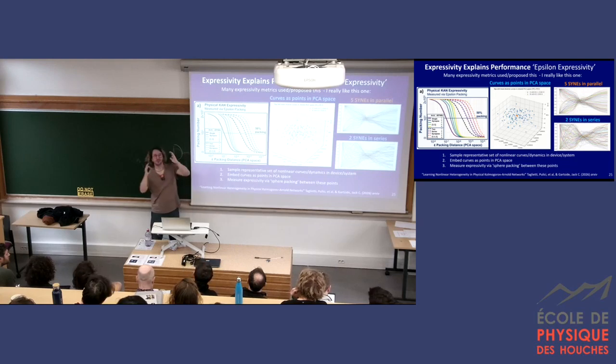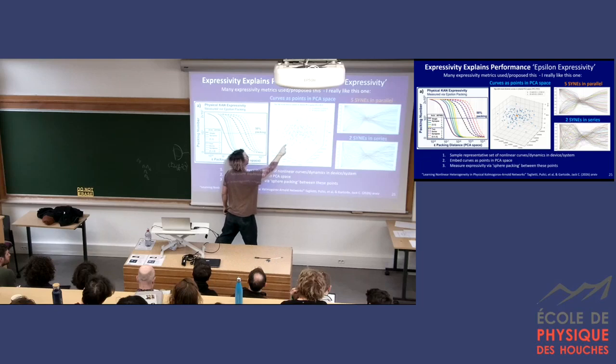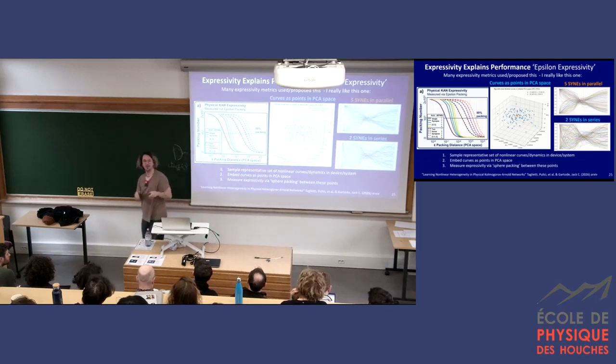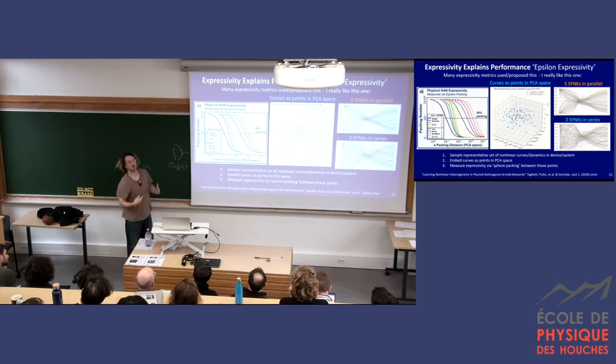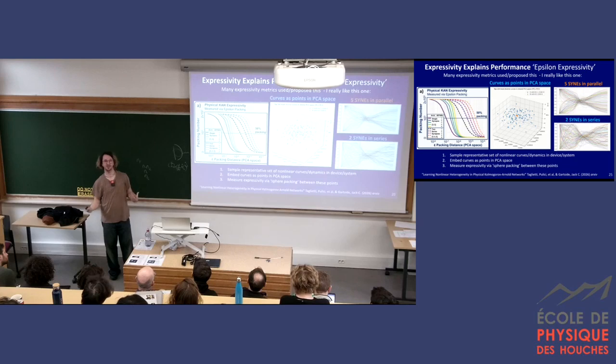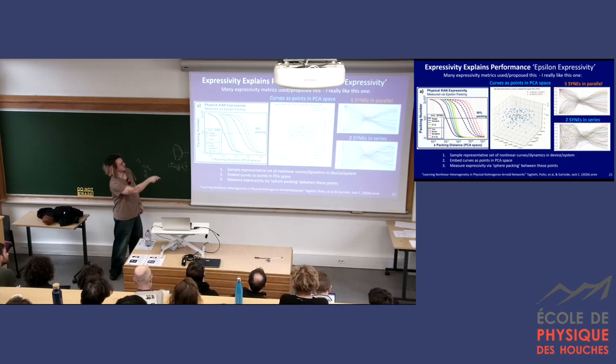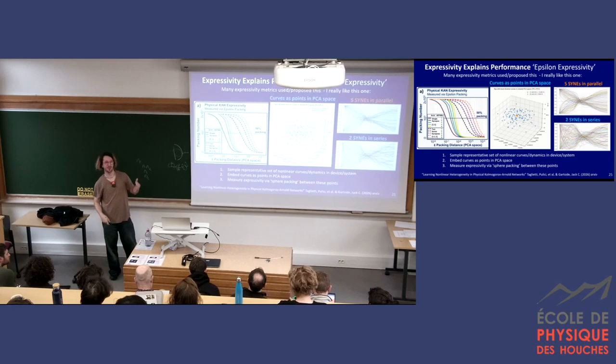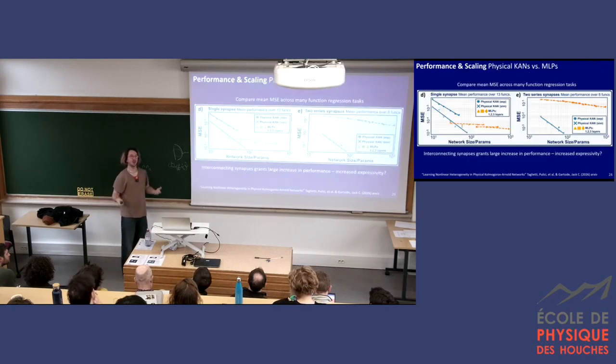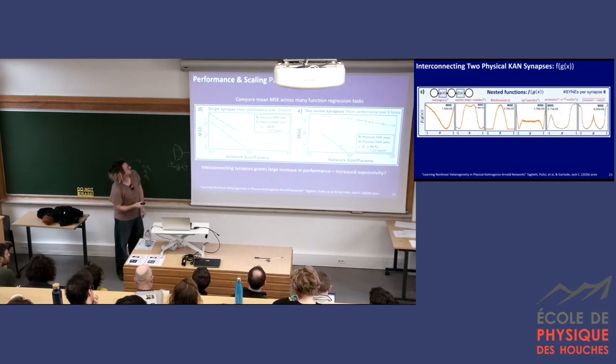But then as epsilon starts getting bigger, some of those spheres are going to start touching their neighbors. Those two are pretty close, right? So you don't count them, and your packing number starts coming down. So you get this really nice, quite granular look into the expressivity of your systems, maybe a little more than a single number. And so you can really see here, 2 devices in series is way more expressive than 5 in parallel. Cool. So we have some way to actually make a nice basis function.